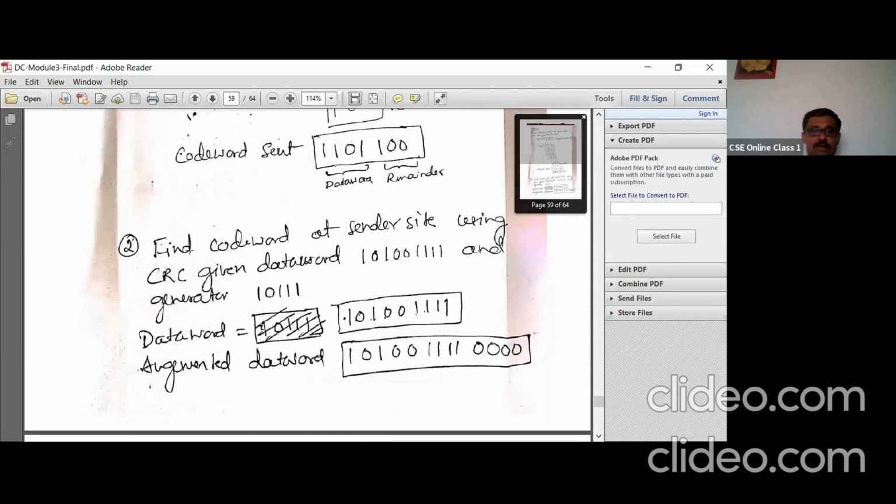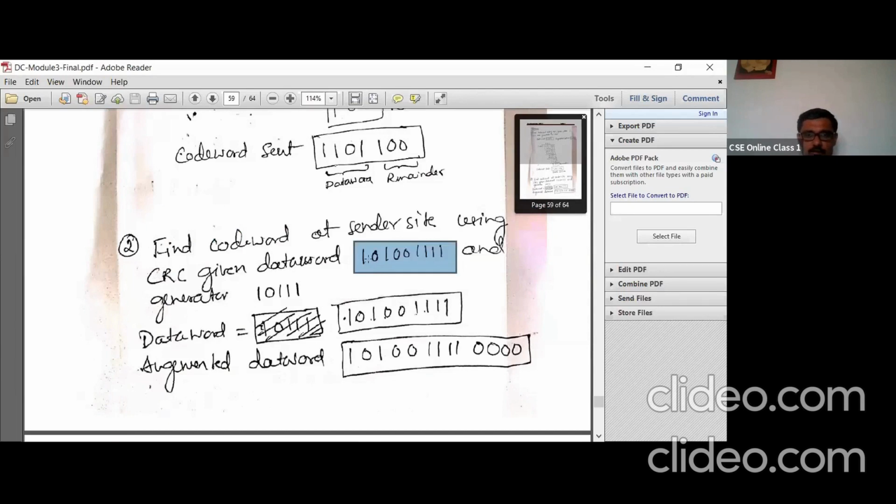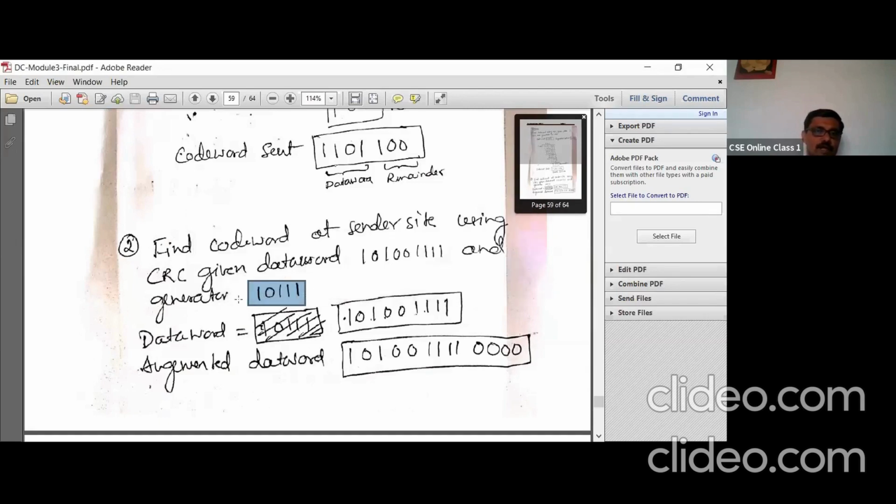Now the second problem. Find the code word at the sender side using CRC for the given data word. Here your data word has 9 bits. The generator, which is another name for the divisor, is 1 0 1 1 1. There are 5 bits in the generator.